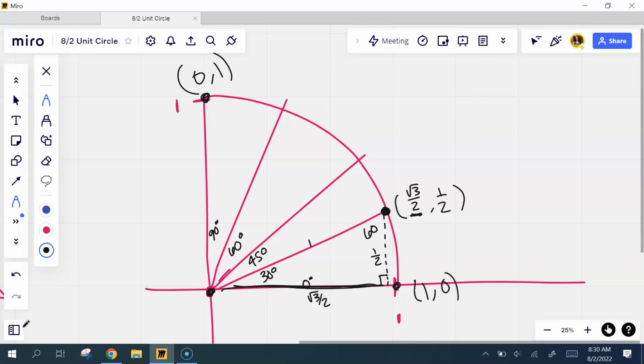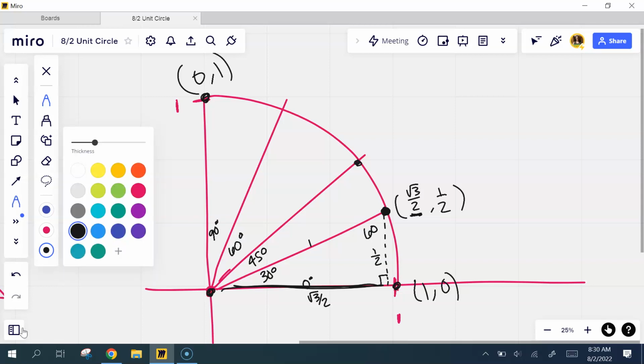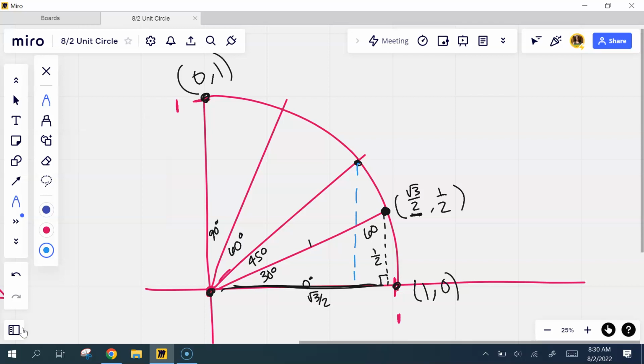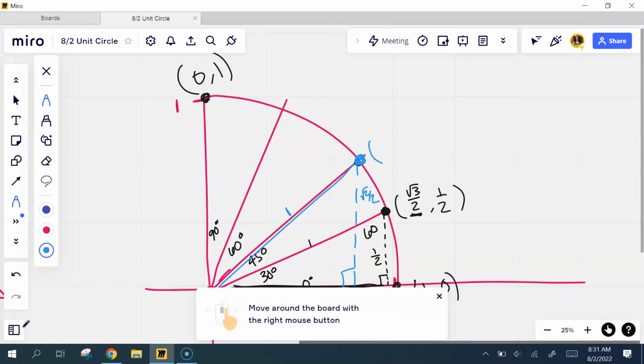All right, let's do the next one. Let me do it a different color so it's pretty. I have this nice 45, 45, 90 triangle, which means the sides are the same length, as it's isosceles. The hypotenuse is, of course, what? 1 because it's the unit circle. Very good. How do I get from the hypotenuse to a leg of the 45, 45, 90 triangle? That's exactly right. We already did that earlier. What are the lengths of the legs here? That's right. Square root of 2 over 2. This one down here, square root of 2 over 2, which means the coordinates of this point on the unit circle at 45 degrees would be